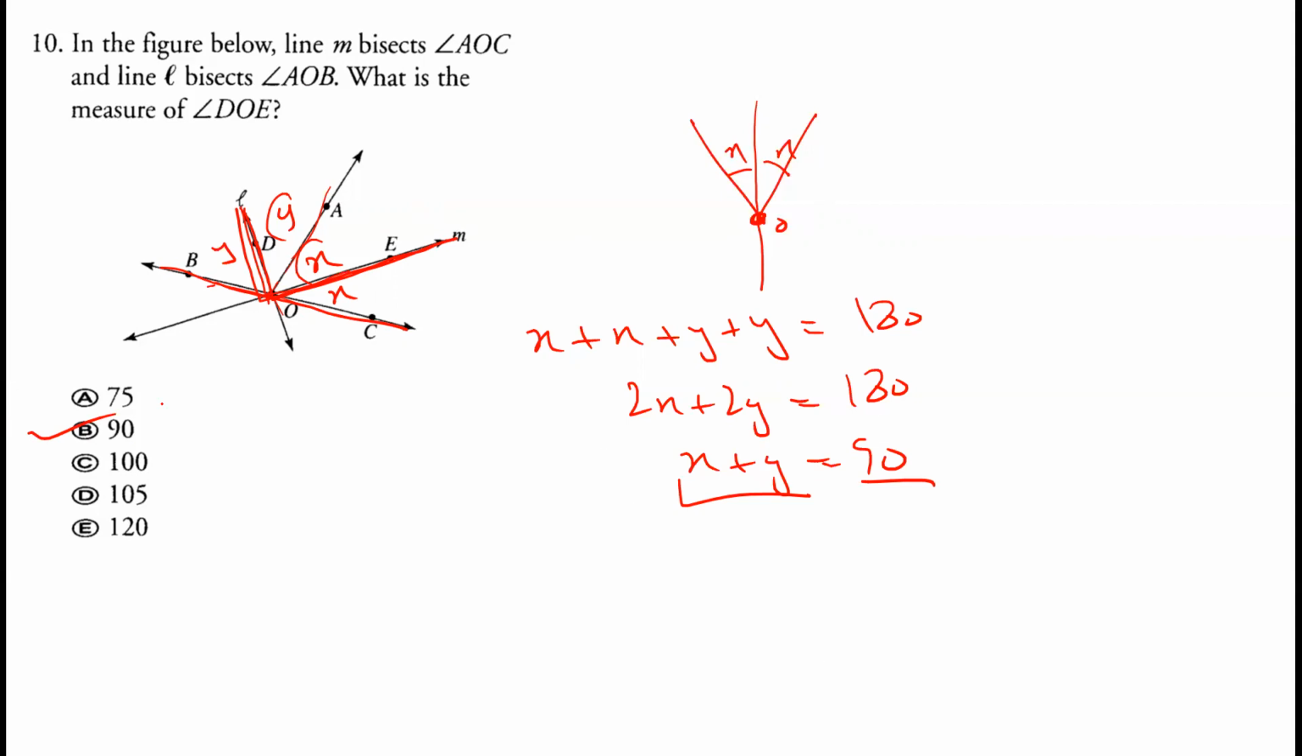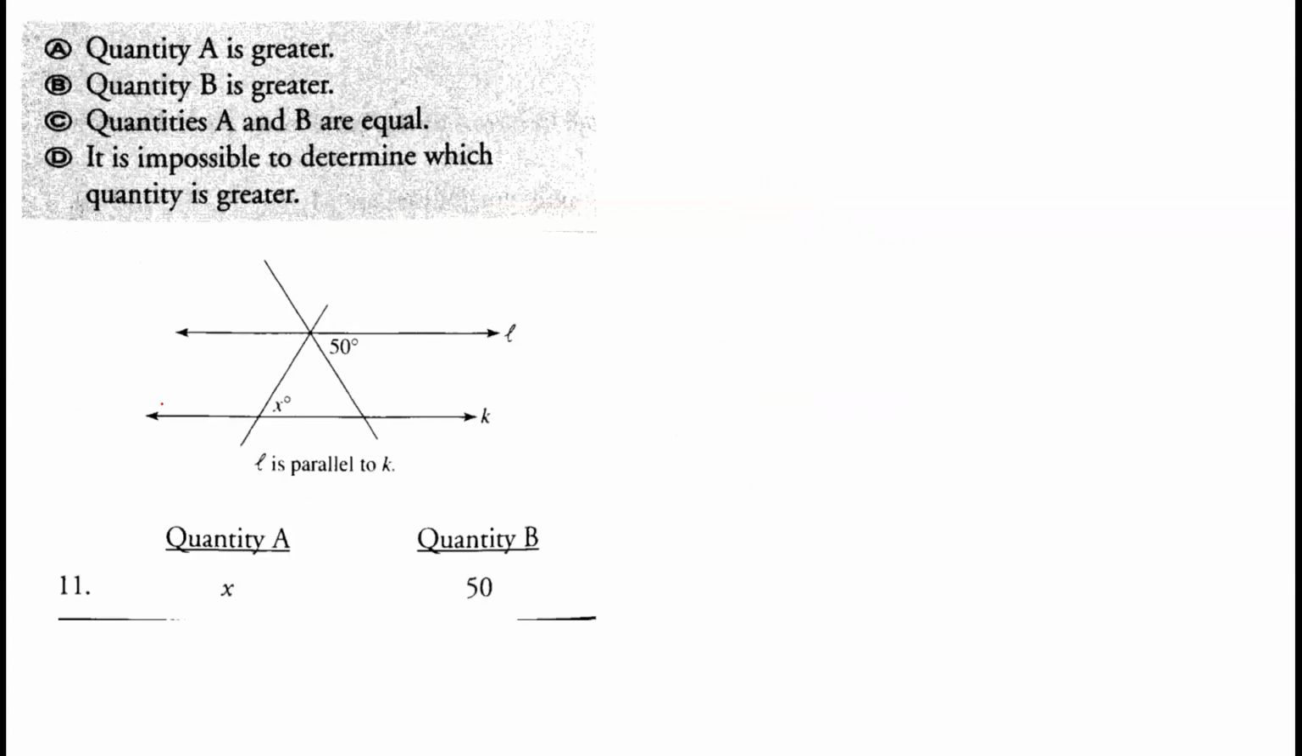Okay, so question 11. Now L is parallel to K. So if L is parallel to K, if this is 50, then this will also be 50. Now we have a triangle. Now X can be 50 as well. If X is 50, then it's an isosceles triangle. So 50 plus 50, then let's suppose this angle is Y, plus Y equals 180, then Y equals